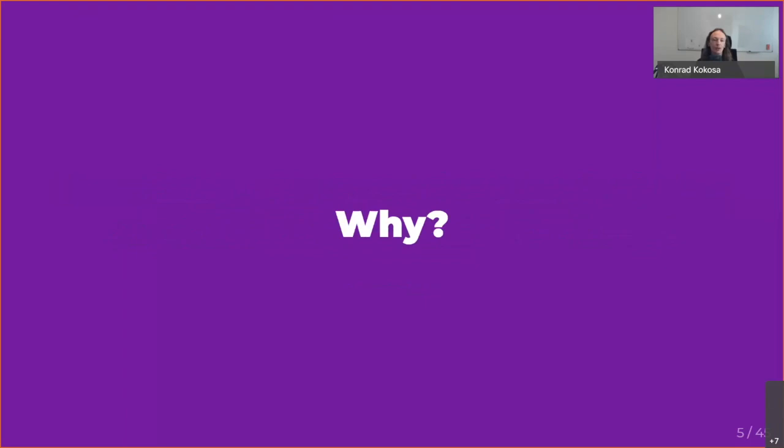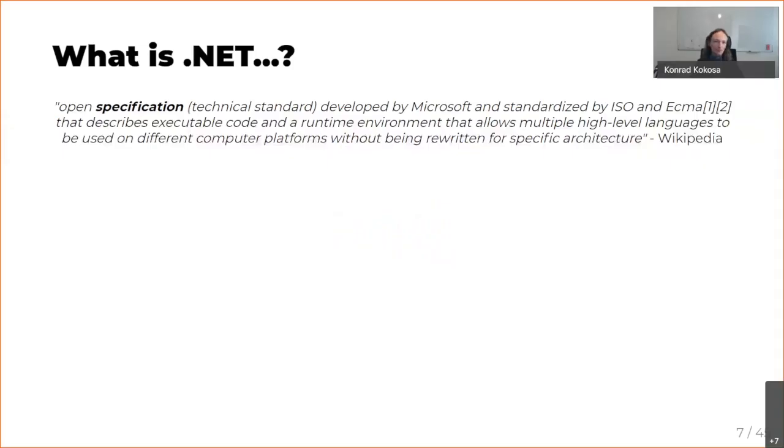And why the whole idea of Mobius? Mobius is, as the title says, a runtime which is running on another runtime. So before answering why I have imagined something like that, let's have a few words about .NET itself. I wouldn't like to overwhelm you with super sophisticated low-level stuff during this talk, because it would probably be too boring, but mostly describe some high-level concepts about this Mobius idea.